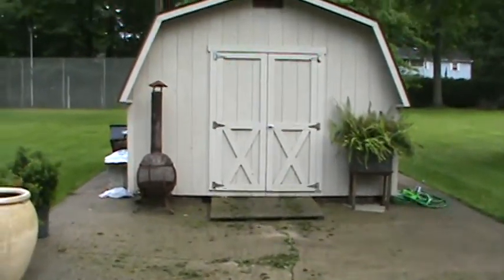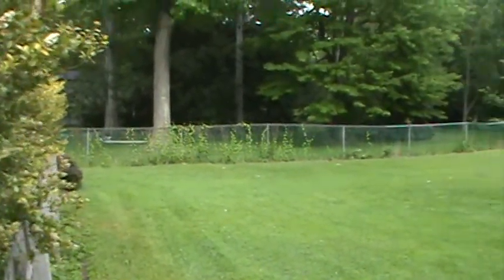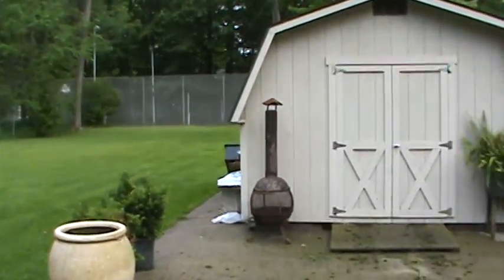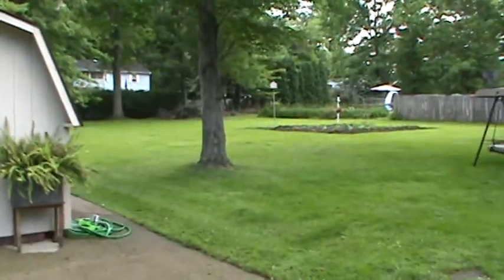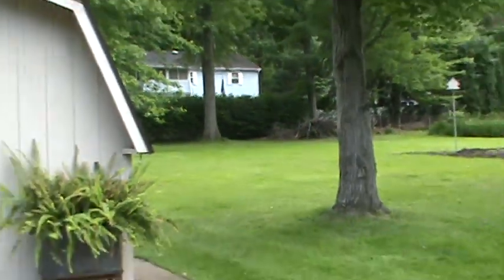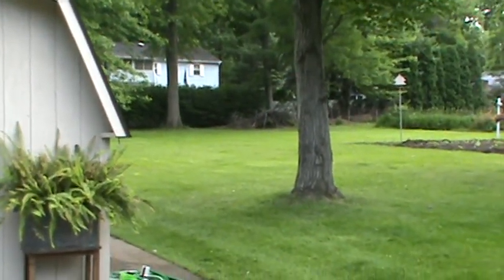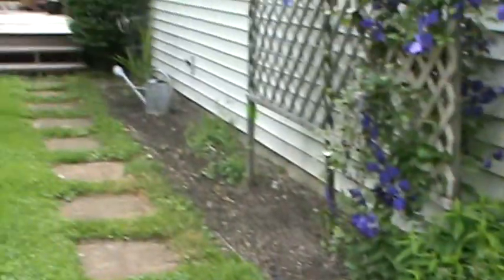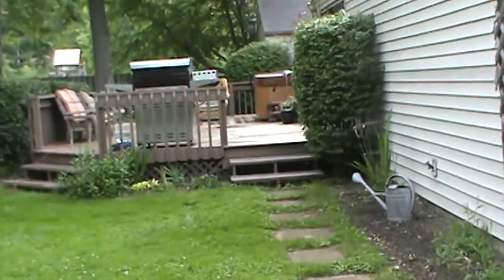If we go to the left, the property line is the fence. It goes all the way. It's our neighbour's tennis court that's not used. We go way over into the back corner, way over here. That's our fence line back there. Neighbour behind us is Dr. Chuck. Very nice man. So we have the walkway along here, which leads to the deck,